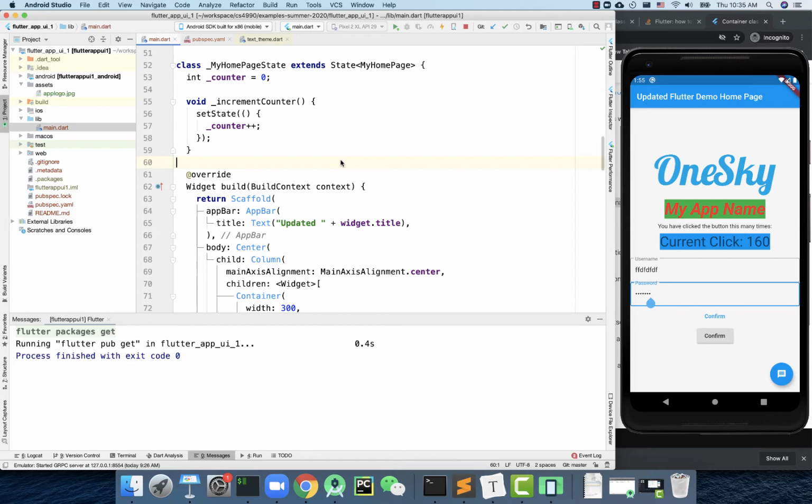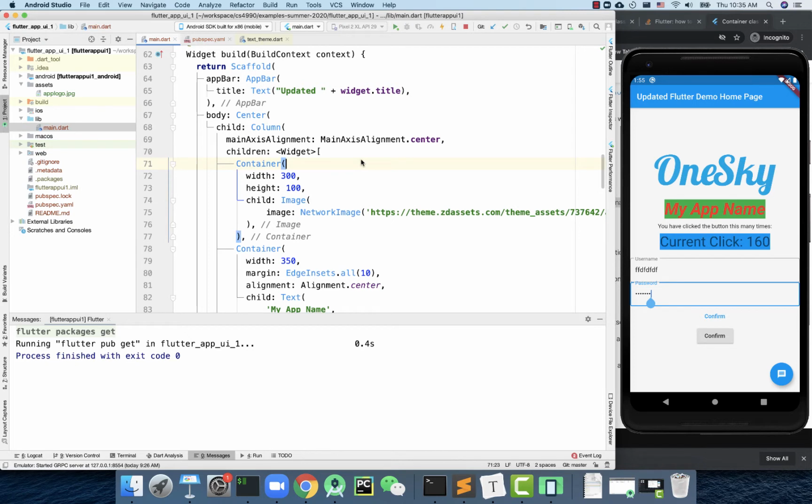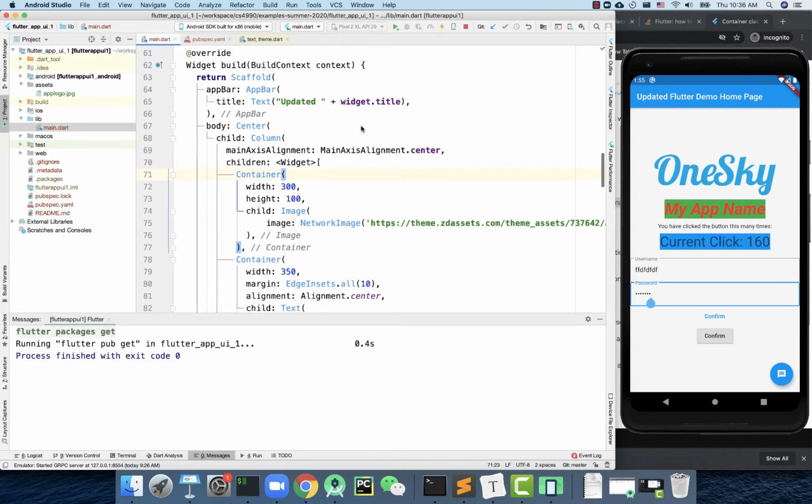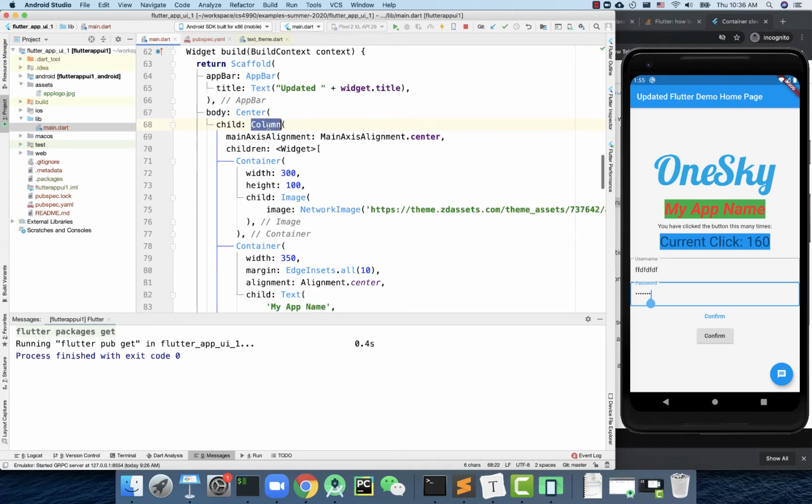All right, so after the discussion of all the Flutter UI widgets and container and also Scaffold, let's actually turn into another important topic, which is the layout. We haven't really explained the layout yet, but we have been using the layout since day one, right? Every time we're modifying the UI, you can see there's something called column right here, right? So the column contains